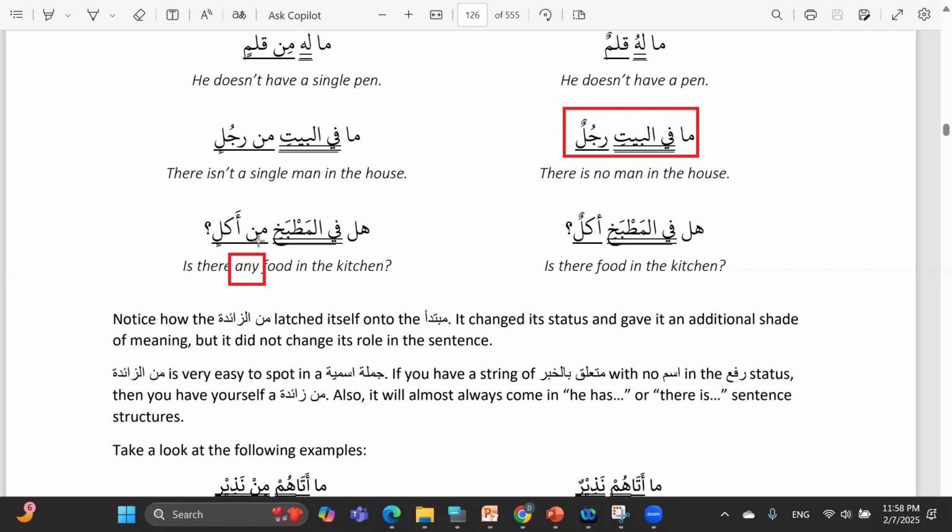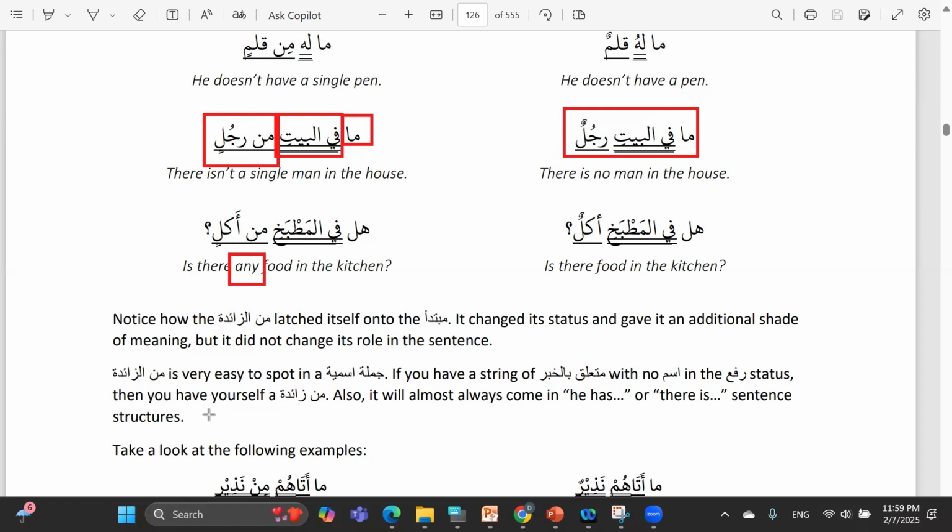And you have seen that min is attaching itself to the mubtada of the sentence, because you have ma nafiya, then fil baiti is jar majroor mutaliq bil khabar, and then you didn't have a single rafa ism yet. So this is the mubtada of the sentence, and you are going to say this is fi mahalli rafin. Okay.